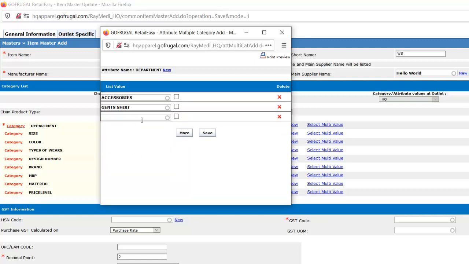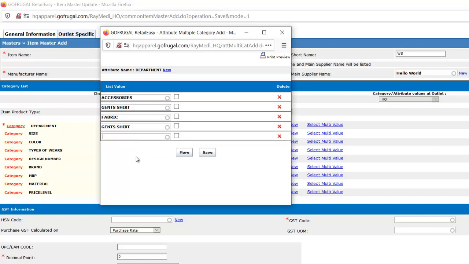The same steps will be repeated. You can choose whatever categories you need. If you want to delete one, just press this arrow key and it will delete it. So now there are 4 categories available.